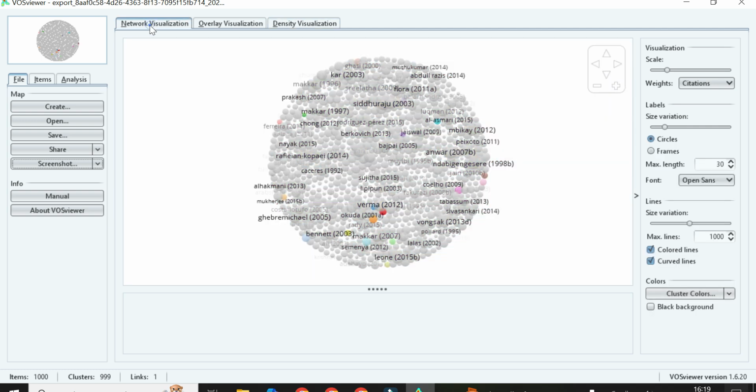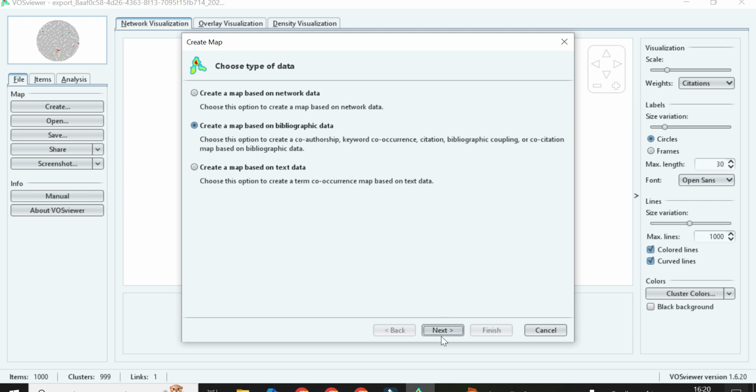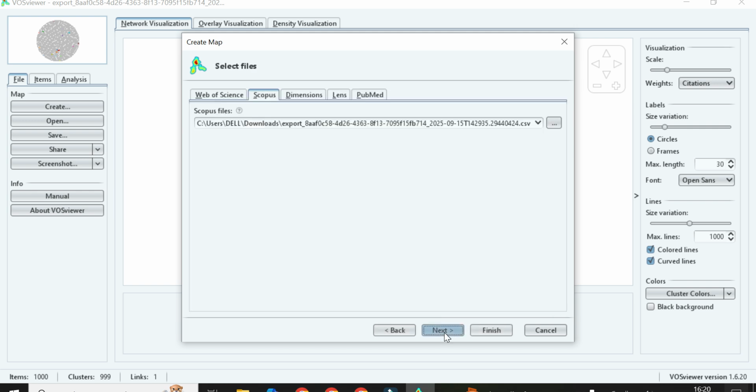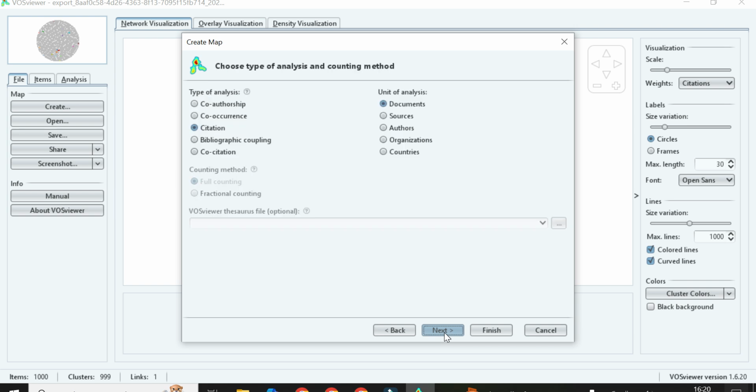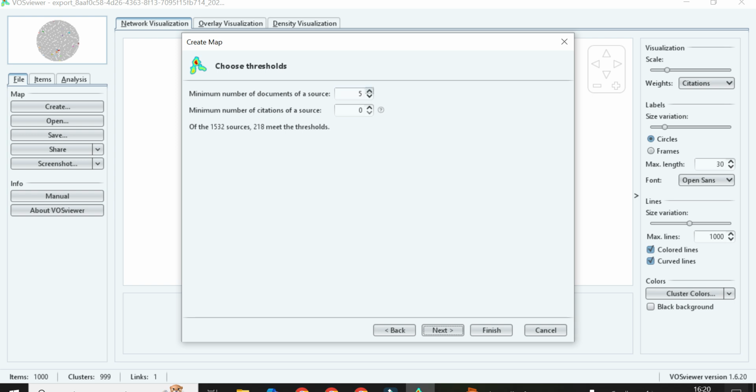Now we will go again to creating the map analysis based upon the citation of authors. Okay, so the file is already uploaded, and here you can see we have selected the documents. Now we will select the sources. First of all, we will go to sources, like from which journals the selected papers got maximum citations. So we will first go to the sources, and then you can change the limit. For now let's keep it as 50, otherwise you can change it to 13. Like minimum number of documents as 1 and the minimum number of citations,